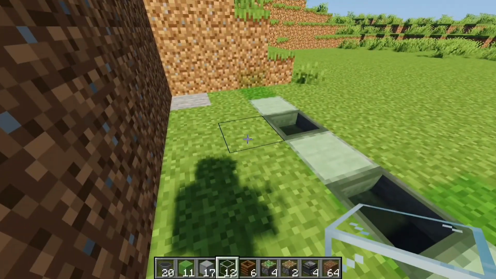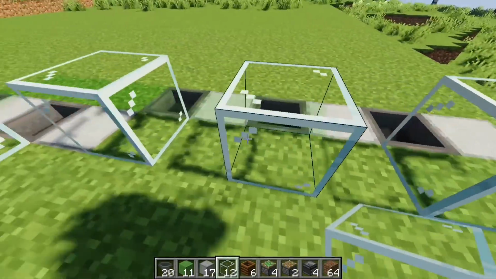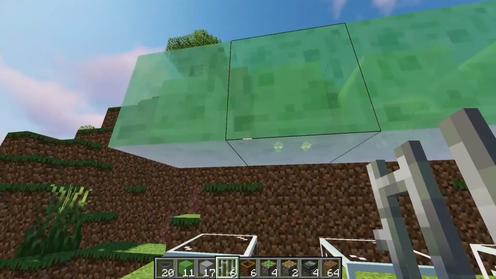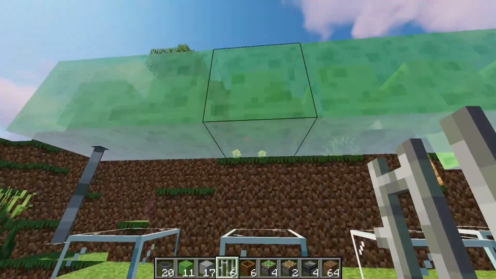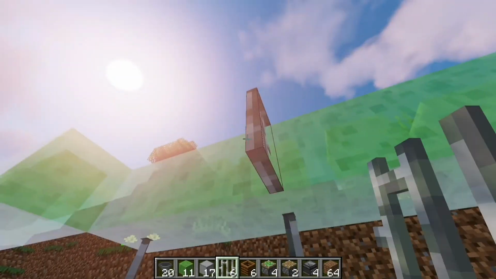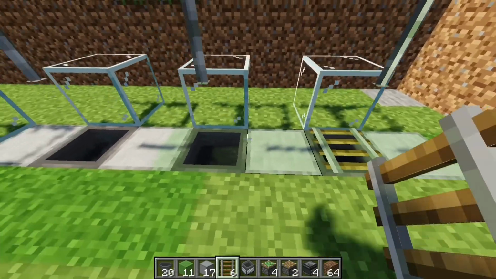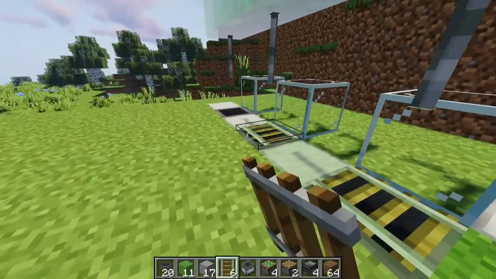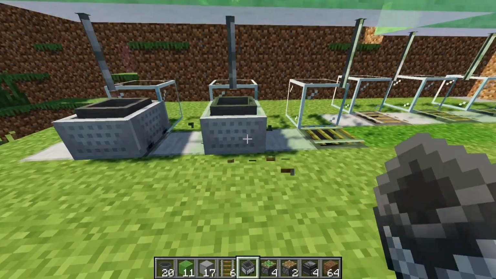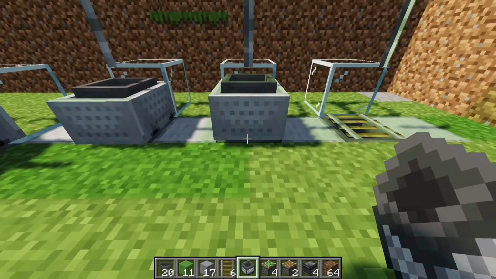Now what you want to do is place some glass blocks behind every single hopper like so. Also grab yourself your iron bars and place an iron bar like this underneath the slime every single time you have a hopper. So there we go. And then you can place down your 6 hopper minecarts like so. You can also get rid of your minecarts, so do that for all 6 hoppers, and yeah,